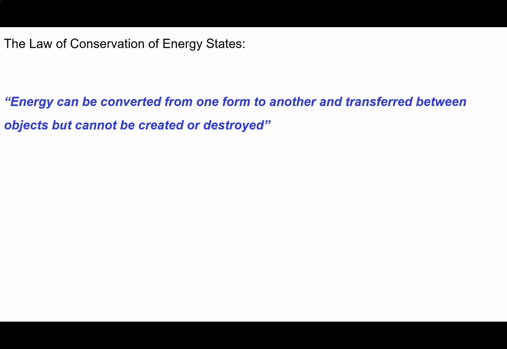An important observation about energy is the law of conservation of energy. The law of conservation of energy states, as something we've already observed, that energy can be converted from one form to another. So kinetic energy can be turned into potential energy, and potential energy can be turned into kinetic energy, for example. It can be transferred between different objects. If I give you a push, then my energy of movement is transferred to you, right? So you can transfer it between two objects, like when two objects collide.